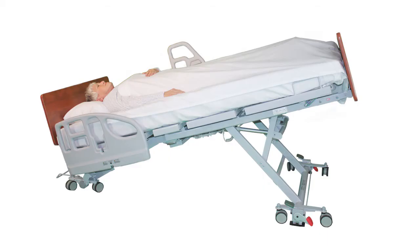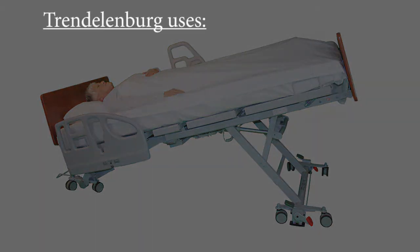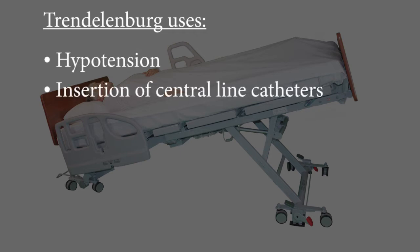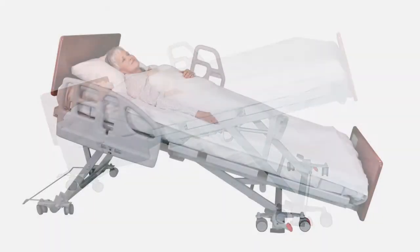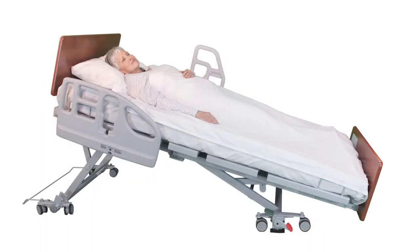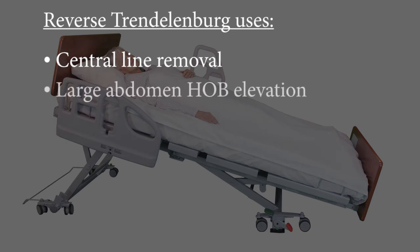If your bed has Trendelenburg and reverse Trendelenburg features, the uses are hypotension, insertion of central line catheters, surgical procedures to repair hernias or abdominal organs, to assist with repositioning patients up in bed with friction-reducing sheet when lift equipment is not available. Reverse Trendelenburg position uses are central line removal and to raise the head of bed for patients